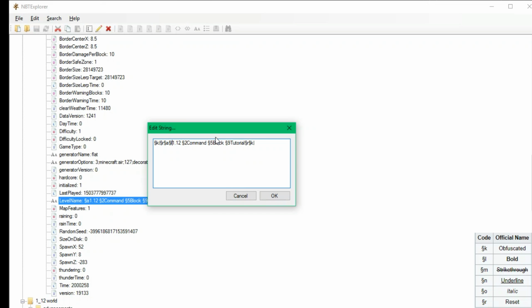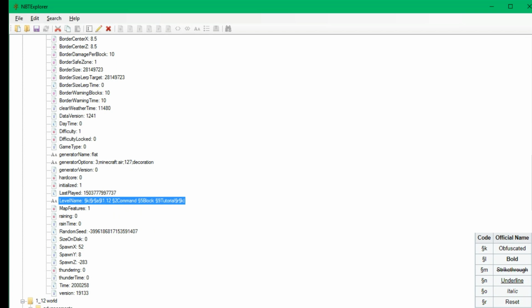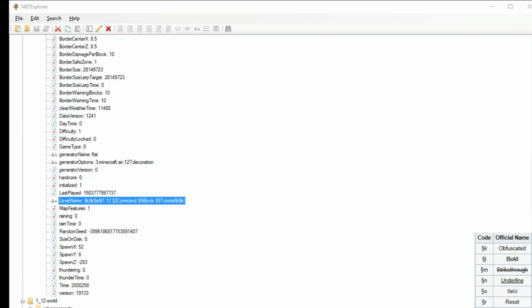I actually might have messed this up. Let's see. I don't know what that's. Oh, and then I'm right. That's the bold actually. Never mind. And then we're going through, changing the color bunch, resetting again, then changing it to obfuscate again, then doing that. So now if I go over here, and I press save this time, I'm going to go back over to my game,